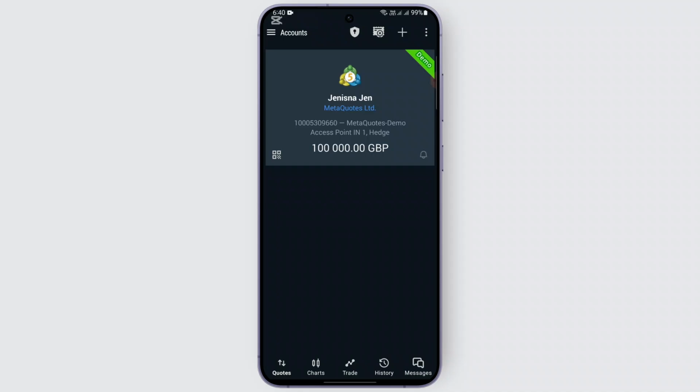So first thing you need to do is open up the MetaTrader 5 on your mobile phone, and if you don't have it installed yet, you can just download it from the MetaTrader website or your app store. Once the MetaTrader 5 is opened on your device, you will be taken to this section. If you already have opened up your demo account, you will be seeing all your existing accounts, including the demo